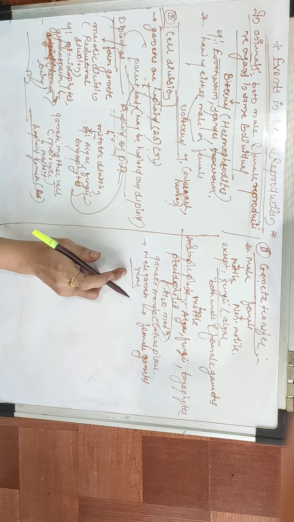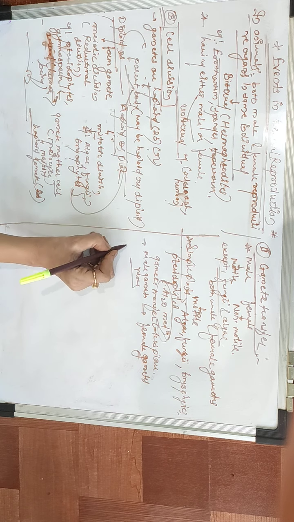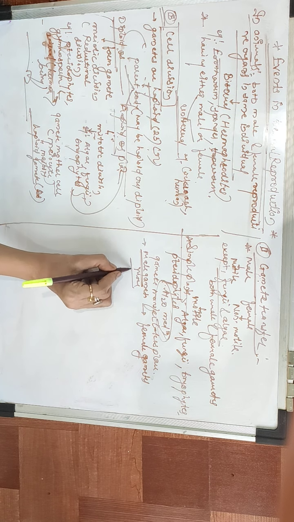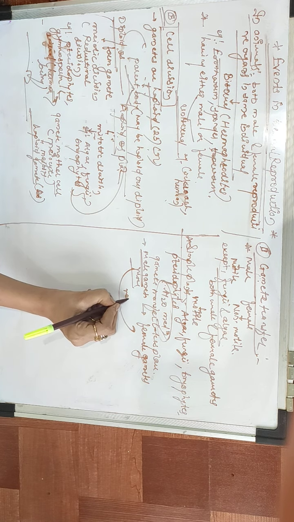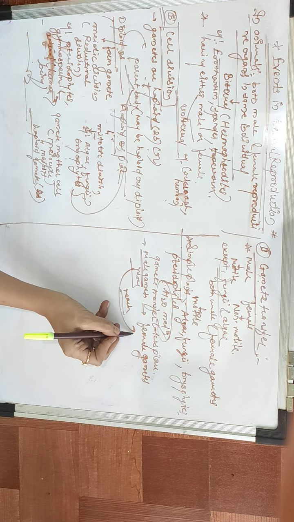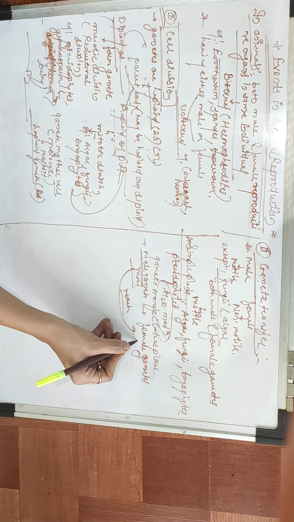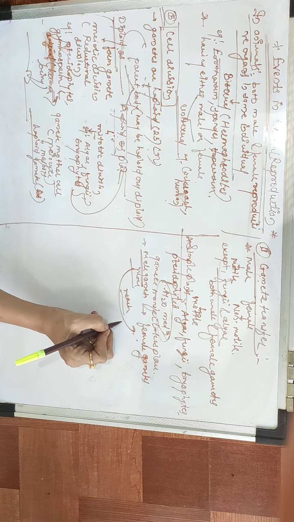Most of those male gametes fail to reach the female gamete. Still the number is more, but they are unable to reach the female gametes. So to compensate this loss of male gametes